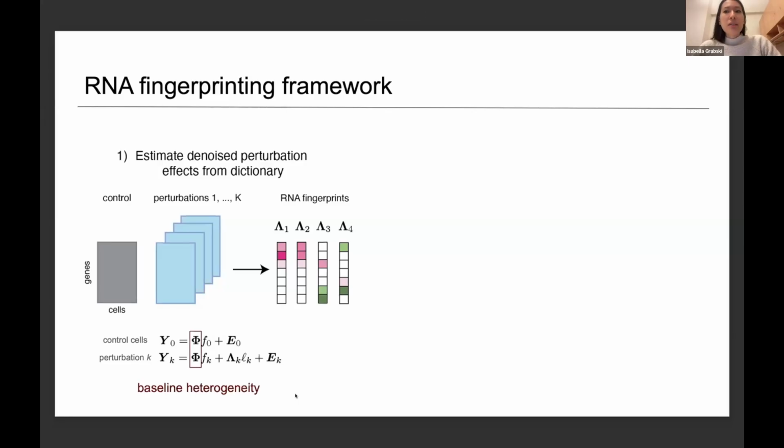First, latent factors representing baseline heterogeneity, like batch effects or cell cycle phase, that contribute to all cells in the data. And second, a rank 1 factor unique to each perturbation, which is what we call the RNA fingerprint. Each of these fingerprints can thus be thought of as a denoised vector describing how the perturbation affects the expression of each gene. By fitting this model, we're then disentangling these fingerprints from our unwanted sources of heterogeneity.